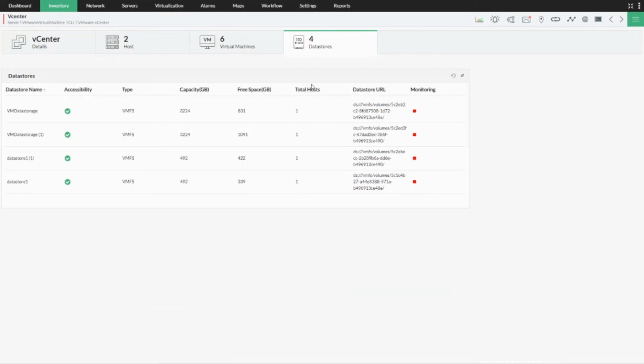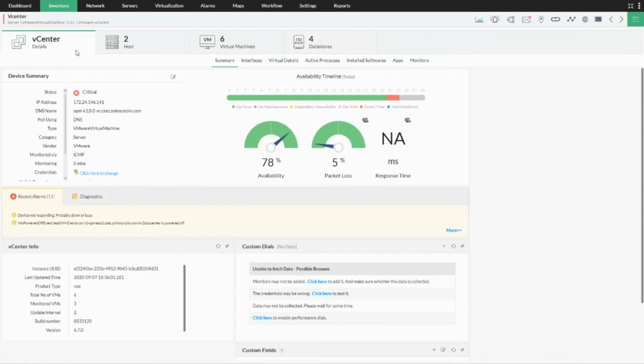So every metric which you're monitoring is configurable. You can have a custom polling interval. You can monitor the desired metrics. You can set thresholds and get alerted immediately if something goes wrong in those metrics. And also you could get notifications via email, SMSs, or the desired set of ticketing as well. So this is how OpManager allows you to monitor the virtual environment with all the possible metrics which you want to monitor, which are critical to your environment, with custom thresholds, and get notified if something goes wrong according to the configuration which you have done for the respective metrics in the monitored devices in OpManager.